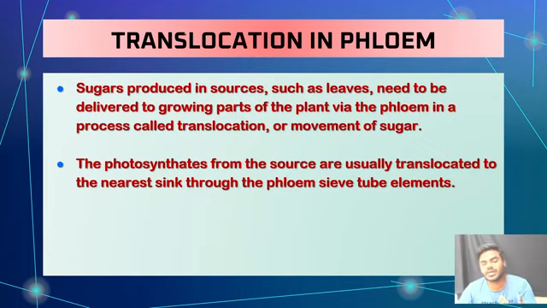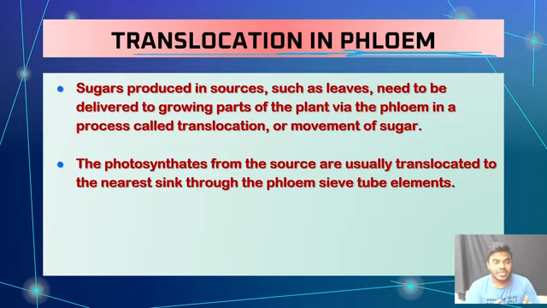sugar, tubers require sugar. Every part of the plant body, friends, requires sugar compulsorily. There is no doubt about it. Now the point is here, the sugars are synthesized in the mesophyll cells of the leaf. From the mesophyll cells of the leaf, how are the sugars transported to all other parts of the body? So it will be transported via phloem. How will it be transported, friends? Via phloem. That's what we can call the